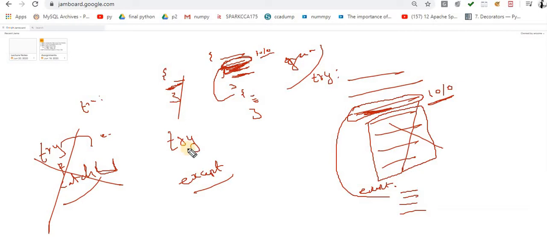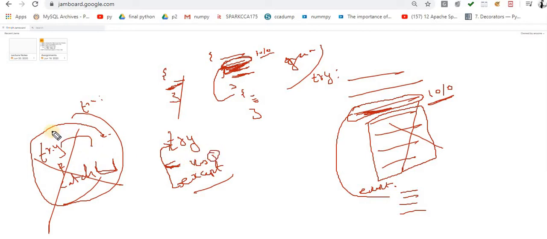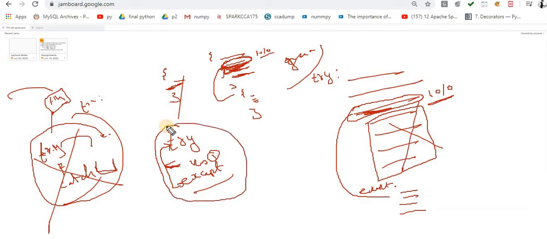When you are playing with Python, you have to use this terminology, try and except. If you come from a Java background, then the terminology is try and catch. The functionality is the same, the task is the same, the purpose is the same. This try and except block has existed inside Python from the very first day. But inside Java, it came in version 1.4. Prior to 1.4, there is no concept of the try and catch block.